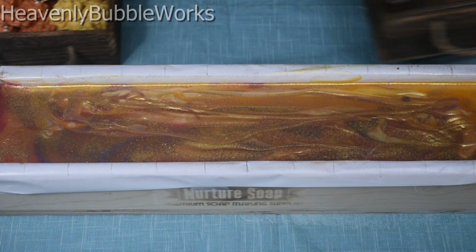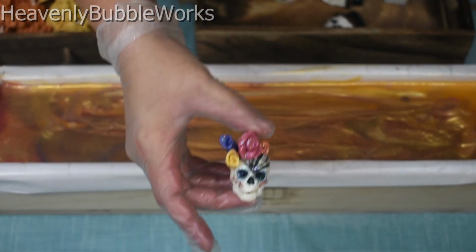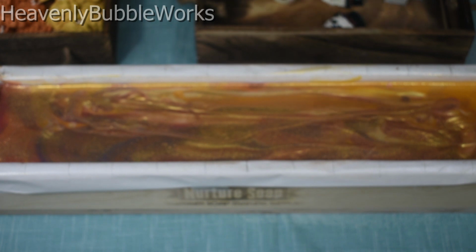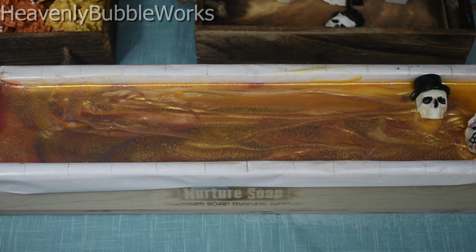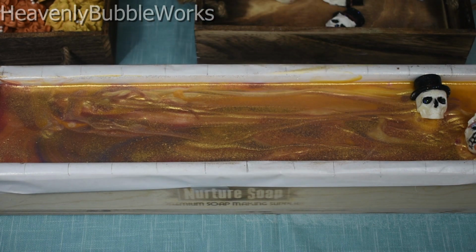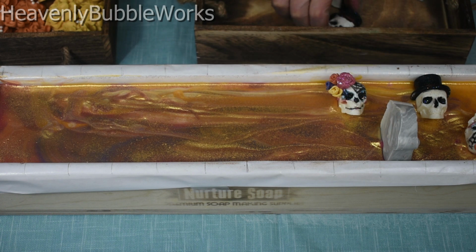Alright, so here we go again. I'm not going to really talk a lot because I got to focus. This is kind of a difficult one. Working on this one for days, so let's see. Female skull. Extra large bars, so